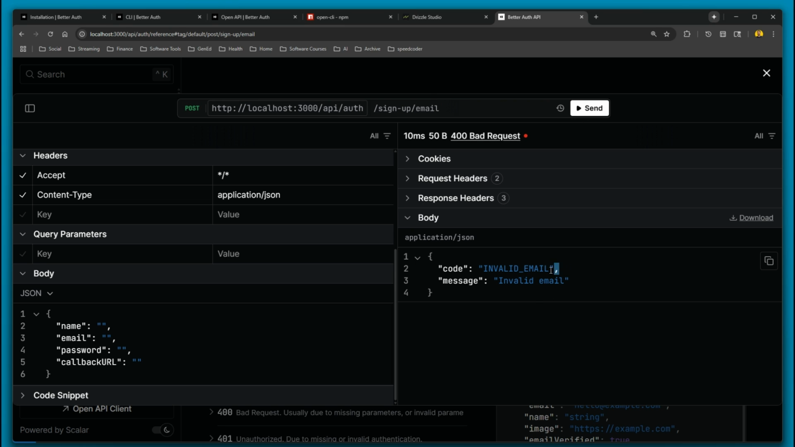Well, we get an invalid email error, and that's incredible. So these routes, they come with validation built in as well. So let's see now if we add in the required fields, we know that name is required, and let's just say test@test.com and a password of 123. Now if I send this,